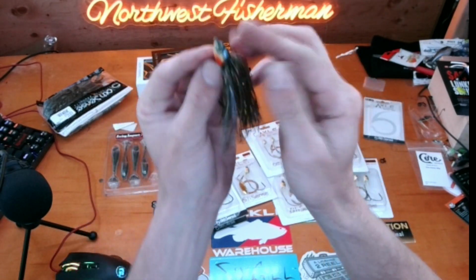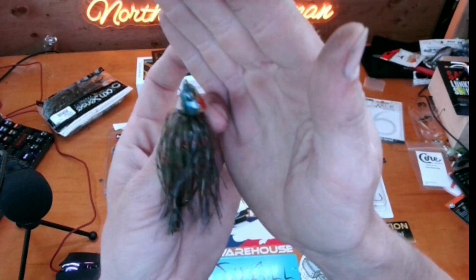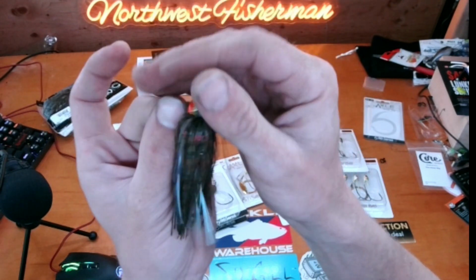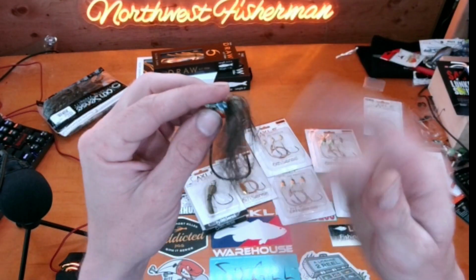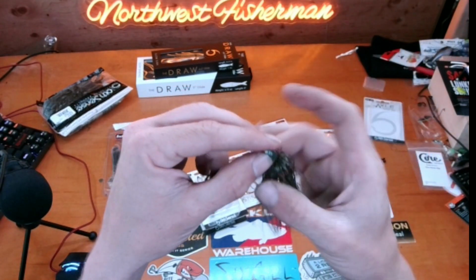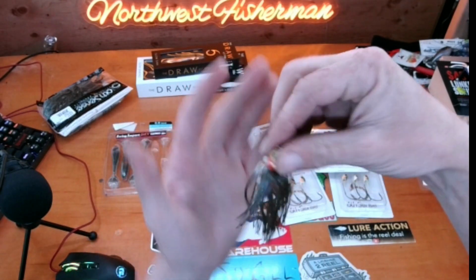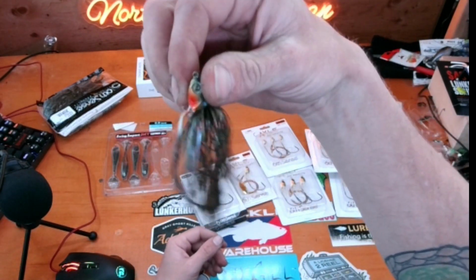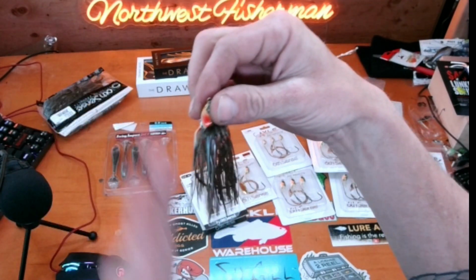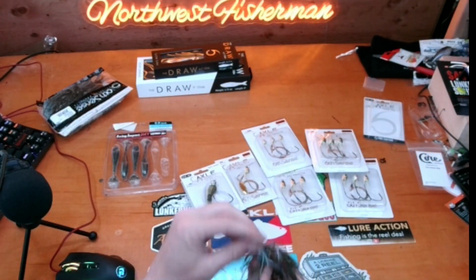Anyway, you've got your nice painted jig head, which these look amazing. Super happy with the jig heads. The skirts are awesome, and they just get better as time goes on. They don't really deteriorate. They don't get crispy. They don't get weird, even if you leave the baits on. But what makes it really cool is, if you notice, the hook isn't attached to the jig head in a solid sense. And how you rig your bait onto it